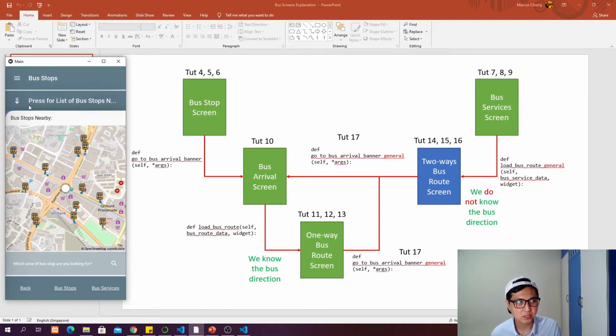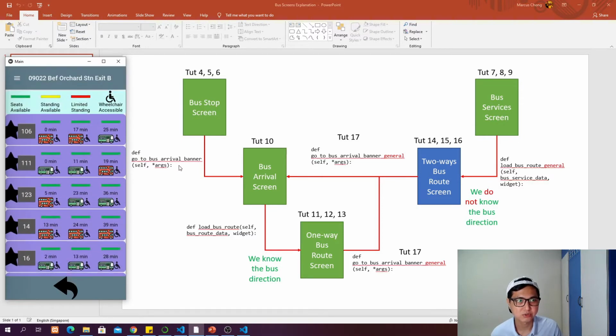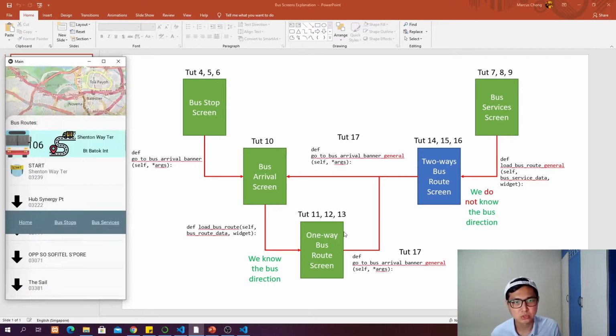As we click on the bus stop banner and the back layer of the backdrop, it's going to bring us to the bus arrival screen with this function called go to bus arrival banner. In this screen, we're going to have the list of all the bus services that are available at a particular bus stop. Then we are going to have the estimated arrival time of the next bus 2, and next bus 3. As you click on this bus arrival banner, it's going to bring you to a screen called